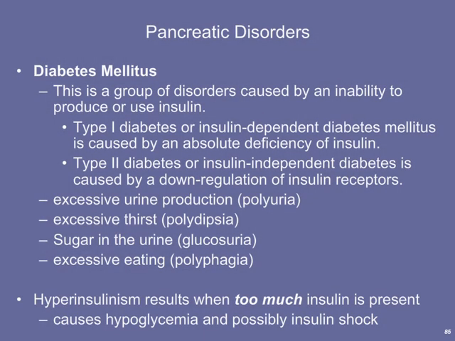So type 1 diabetics basically have to take insulin because they're under a state of hypoinsulinism. On the other hand, if they take too much insulin, they can actually end up with hyperinsulinism. This is because they've taken too much insulin and it's dropped their blood sugar too low, putting them in what we call hypoglycemia or diabetic shock. In most cases, this can be reversed by administering some sugar or sweet foods